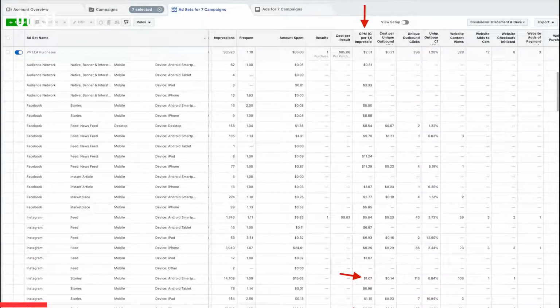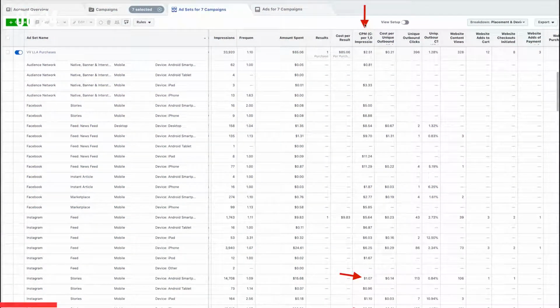But the reason for showing this, and I've got a couple other examples, but I wanted to just really look at this one, was the CPM and why it's so cheap right now on advertising on Instagram stories for both Android and iPhone. So if you can see on here the arrows, these are pointing to the CPMs. Right here, we've got the placement for Instagram stories on Androids, and we've got Instagram stories on iPhones. I mean, look at that, $2.35,